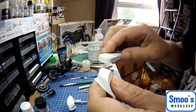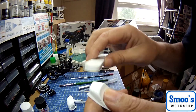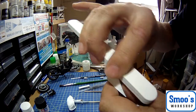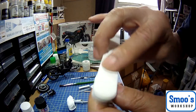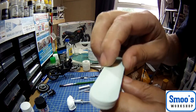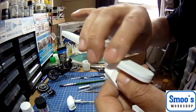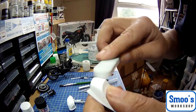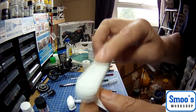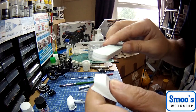So I'm just giving it all a wee dress up. Can I still see a blemish? A couple of tiny ones. So you don't have to go to this much detail. It depends. I mean, at the end of the day, the more work you put into your prep, the better a result you're going to get with your model. And I'm being a bit anal about it with this one. Any blemishes, rub it back. If I can still see it, spray another wee thin coat over. And then watch me, I'll go and muck up the top coat. I'll go too thick or something like that and get runs or something stupid on it. I actually don't think...